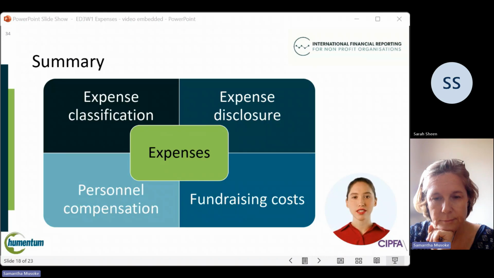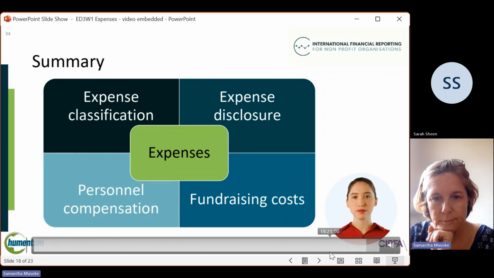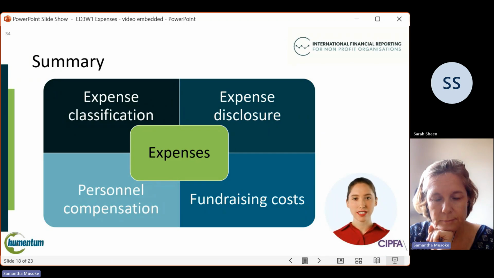The analysis of expenses may be presented either on the face of the statement of income and expenses or in the notes. There are specific disclosures related to the reporting of benefits received by volunteers, as well as losses, write-offs, and special payments. There is also additional guidance relating to personnel compensation, including consequential amendments to related party disclosures. The reporting of fundraising costs has been set out, according to 3 distinct categories: donations, gifts, and grants, and similar transfers, commercial and trading, and investment management.